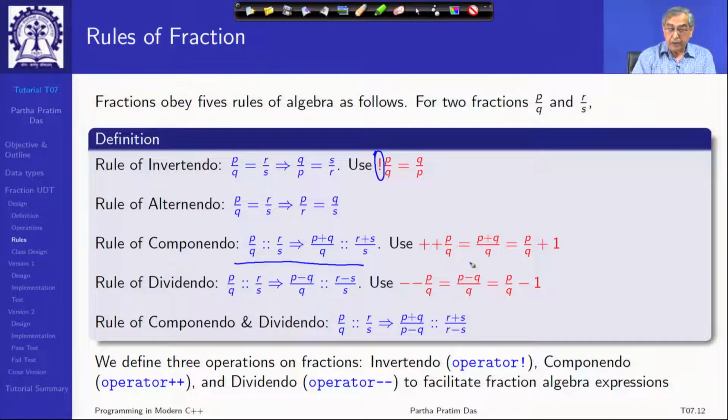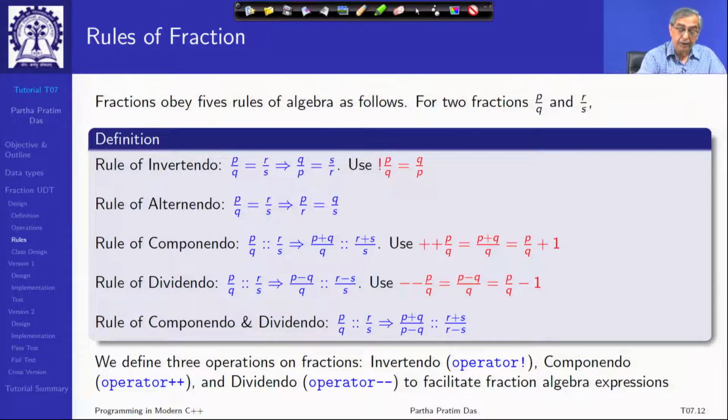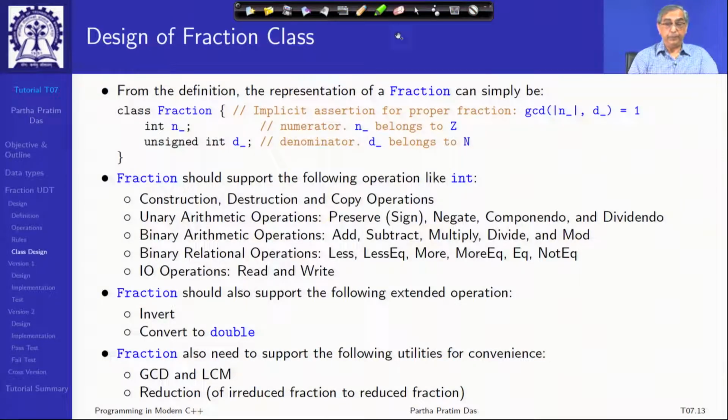Componendo is adding 1 to a fraction, which is basically a prefix or postfix increment operator. Dividendo is subtracting 1, so it is a prefix or postfix subtraction operation. These very naturally map onto the different operators that we have in our integer domain. So, with that, if we now talk about the design of the fraction class, then certainly there will